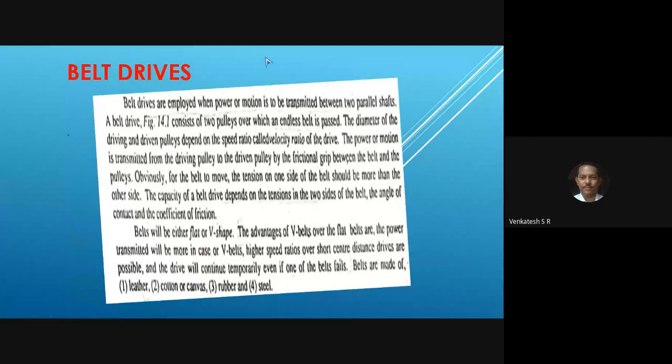First, you write down belt drives. Title, belt drives. Remember, always write the title in uppercase letters. Not only for the EME class, not for other subjects. While writing any report or any explanation, always write the title in uppercase letters. That indicates the type of the explanation. In your lifetime, follow this rule for writing the title in uppercase letters.